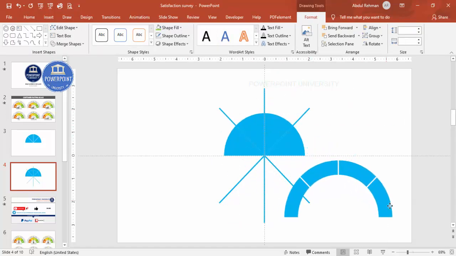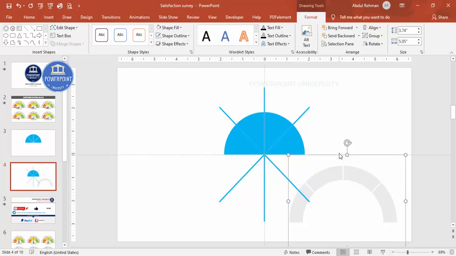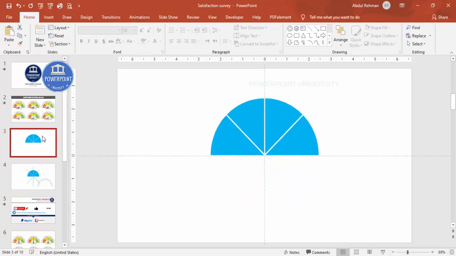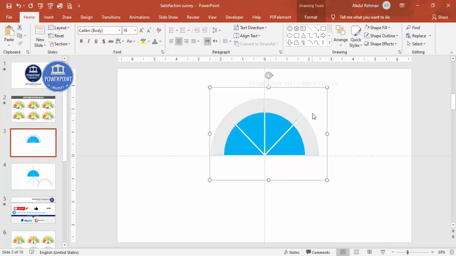Okay, you can see here, if I move this one, I'm going to give some dark color here, press Ctrl G to group it, Ctrl C to copy, bring it here, Ctrl V to paste, and I'm just going to paste it exactly on top of this. All right, just spend some time to do some correction.